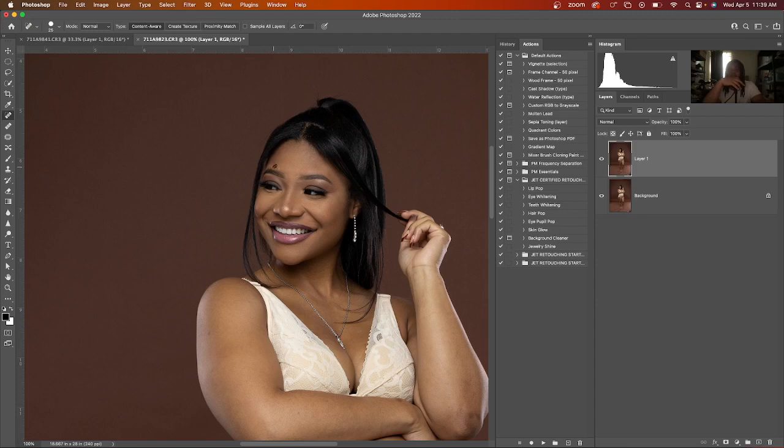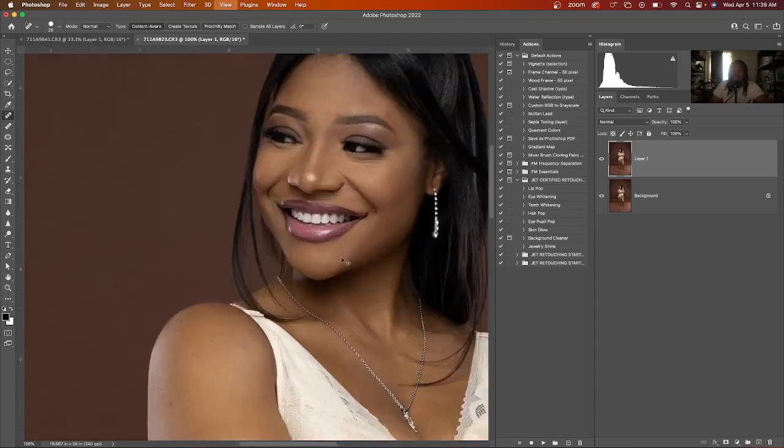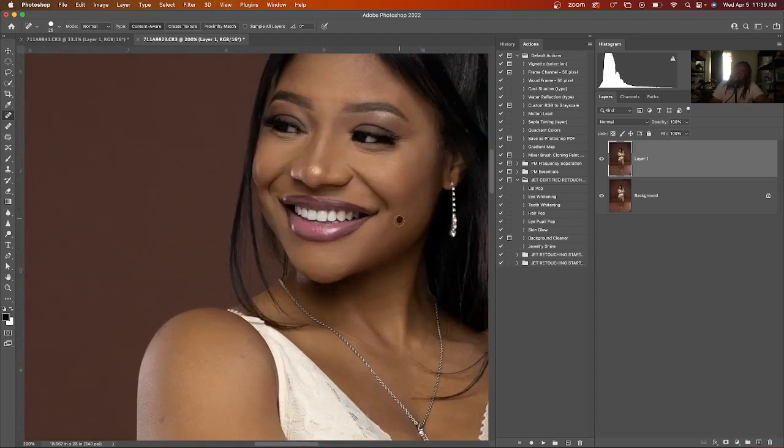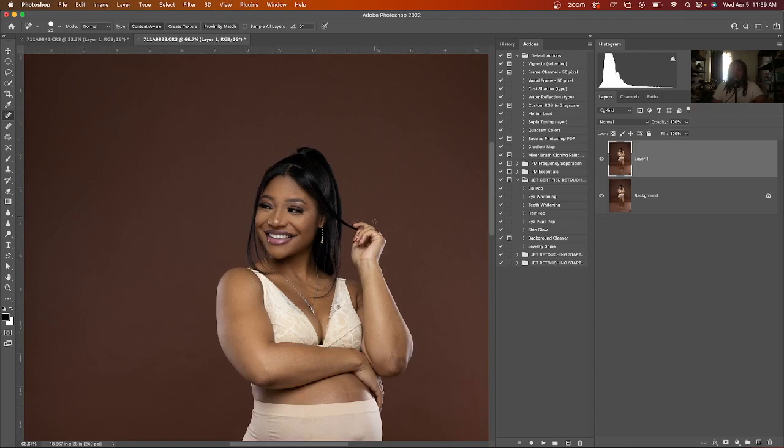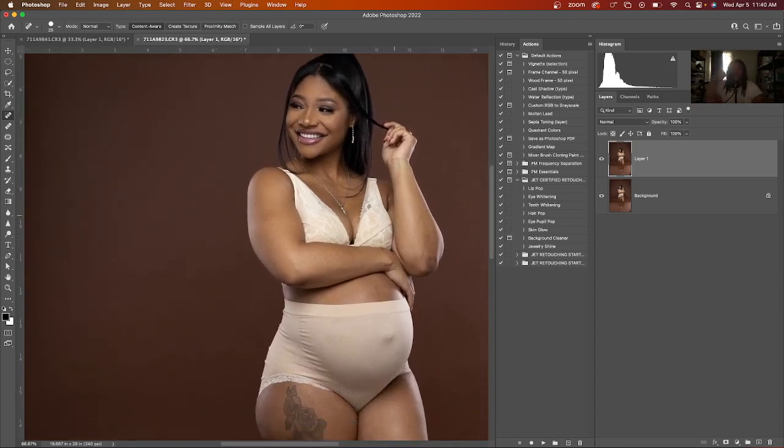When I'm removing blemishes, I'm looking for blemishes that pop out from this distance. I'm not doing a beauty image, so I'm not going to go close up every single time, all right? Because I'm not doing a beauty image. I am doing a portrait image. So I feel like I cleared up her face pretty well when it comes to removing blemishes. Let's go and hit her arm. I see a blemish right here. I see some right here,